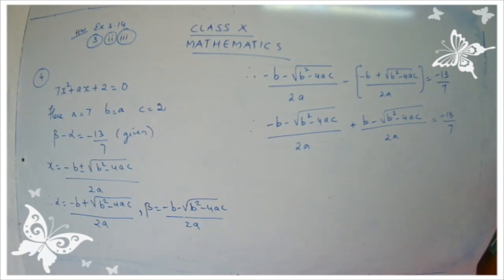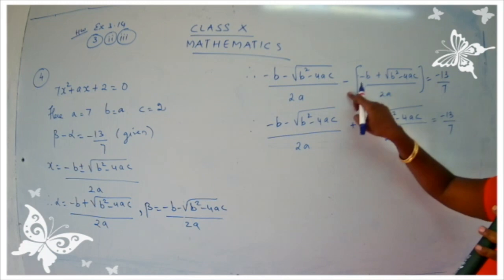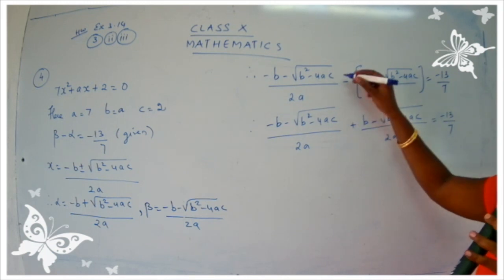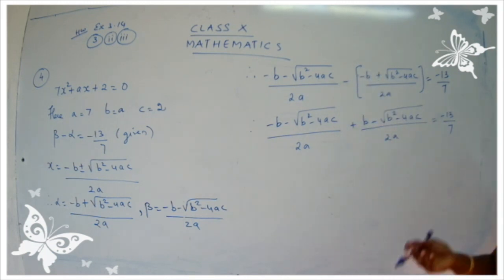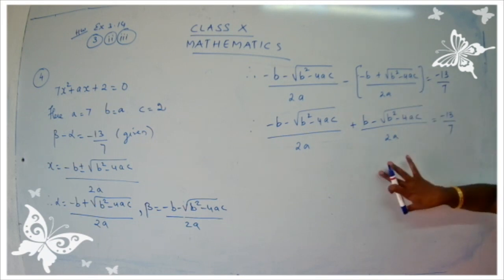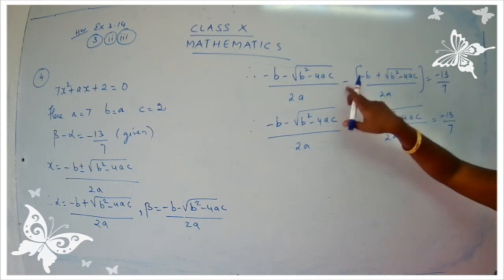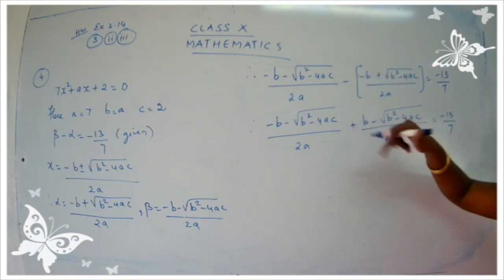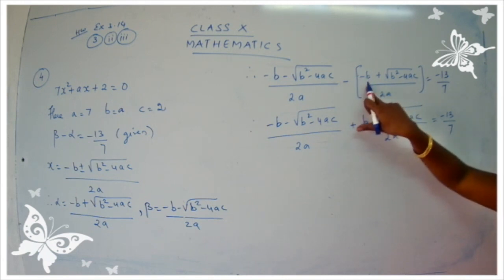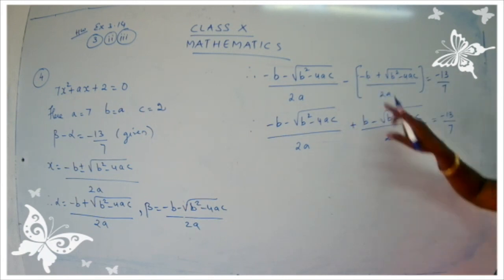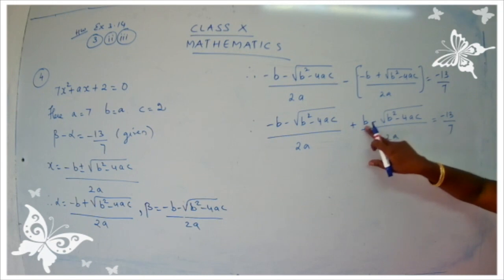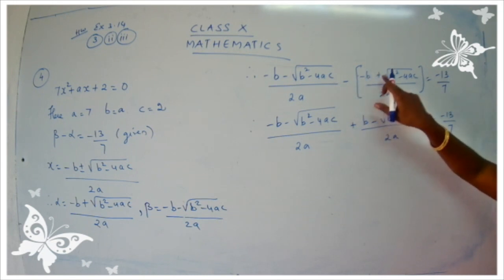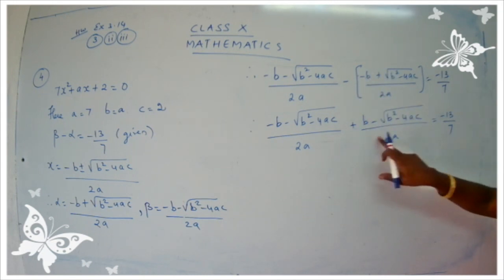I have just opened the bracket. I have told you that we have to be very, very careful when we have the main sign as negative. When we have a main sign as positive, there is no problem. We are going to write down everything as it is. But when you have a main sign as negative, just keep in your mind that whatever comes in the bracket, the signs get changed. So minus b changes to plus b, minus plus, that is plus sign changes to minus.